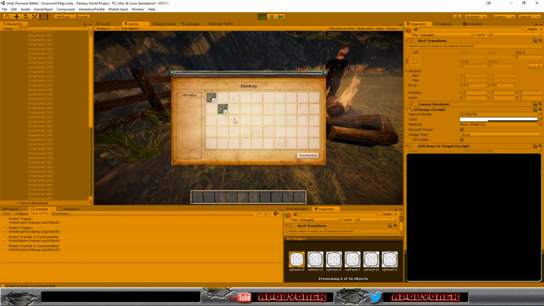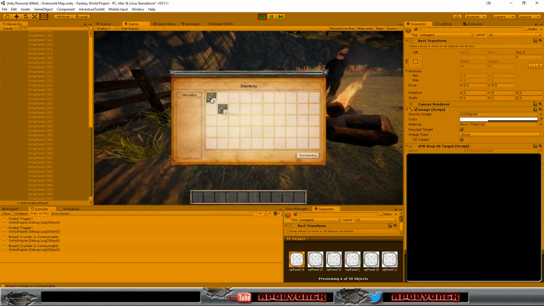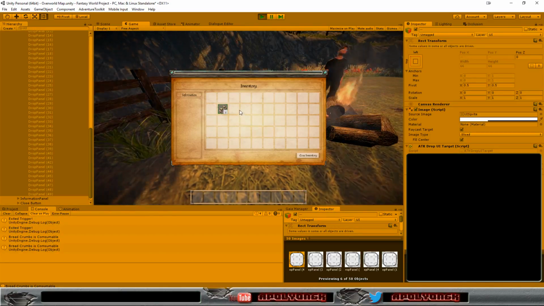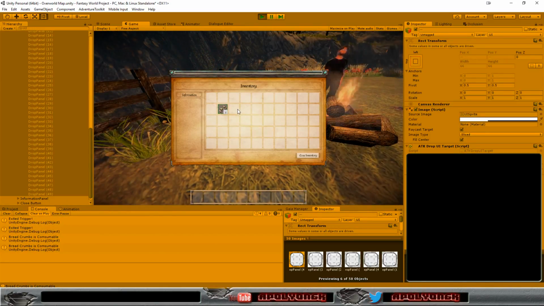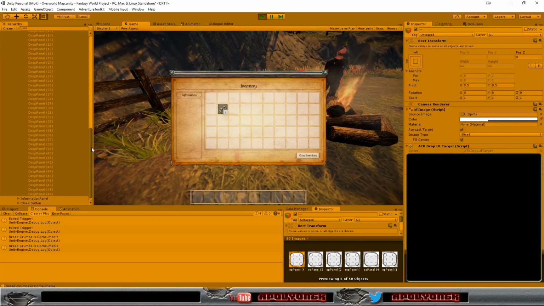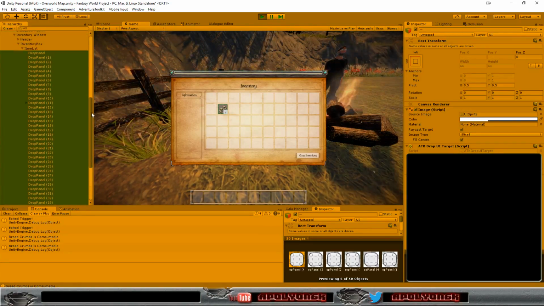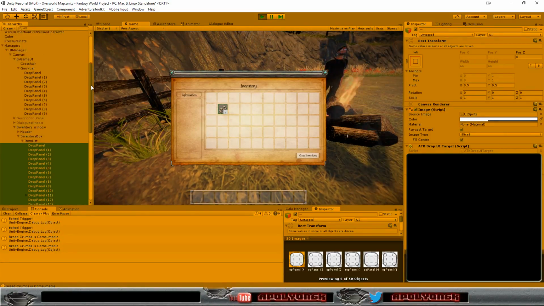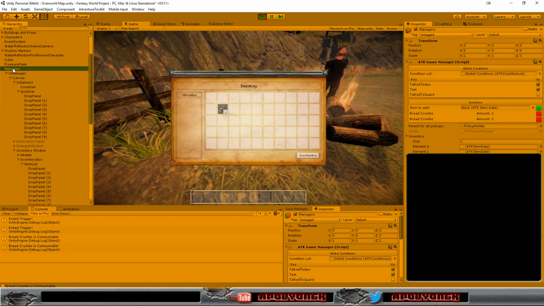And let's move this here. And let's move this also here. We only have one occupied slot, but we have completely screwed up